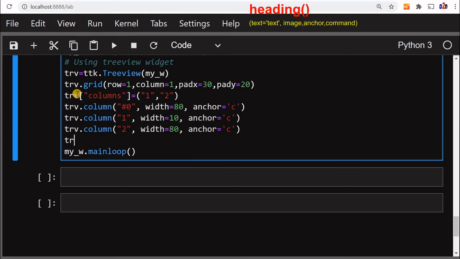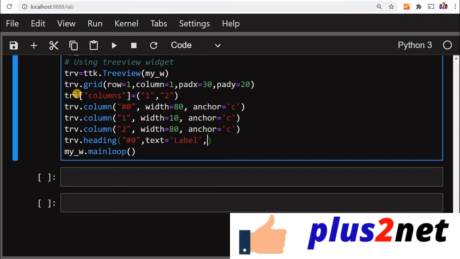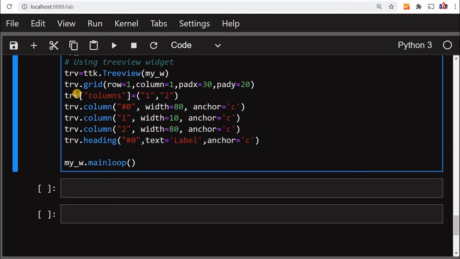Now let's go for our headings. So we'll say trv dot heading. Now this heading is first for our hidden one, 0. Now what text should it display? Text, let's say it's label. Now next is, let's say, anchor. This is again the alignment, whatever you want we can declare it here. So let me just copy this, put it here.